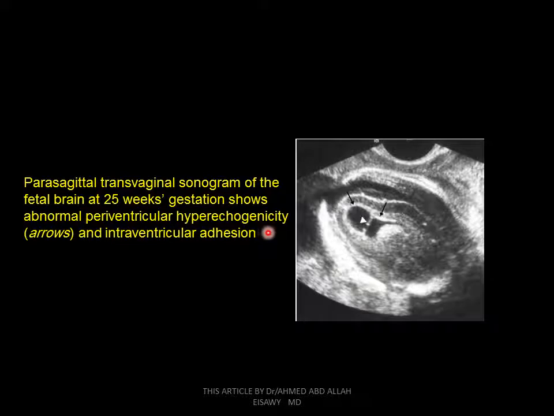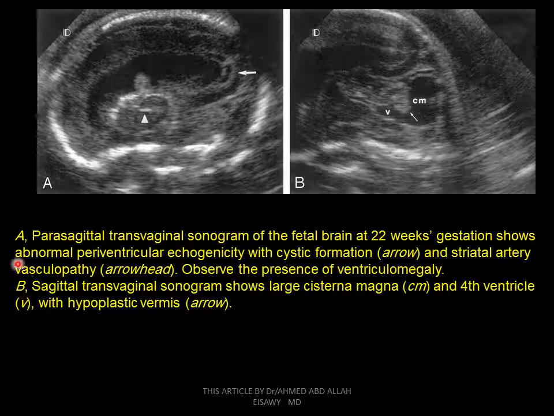Parasagittal transvaginal sonogram of a fetal brain at 25 weeks shows abnormal periventricular hyperechogenicity and intraventricular adhesions, as we see by this arrowhead. Parasagittal sonogram of this brain at 22 weeks shows abnormal periventricular echogenicity with cystic formations and striated arterial vasculopathy, as we see by the arrowhead. Observe the presence of ventriculomegaly. These images show a large cisterna magna and fourth ventricle and hypoplastic vermis in this brain with cytomegalovirus